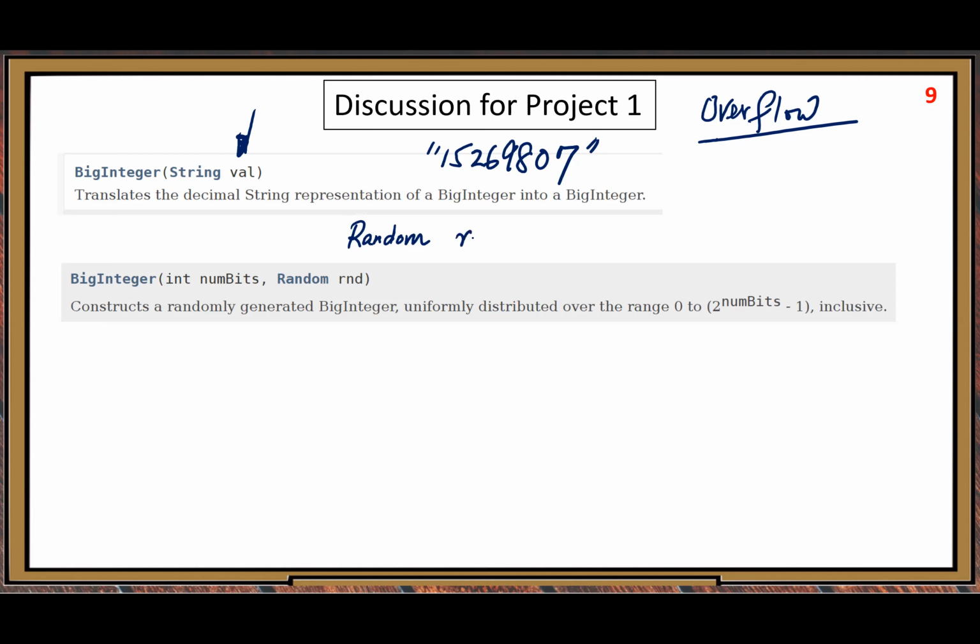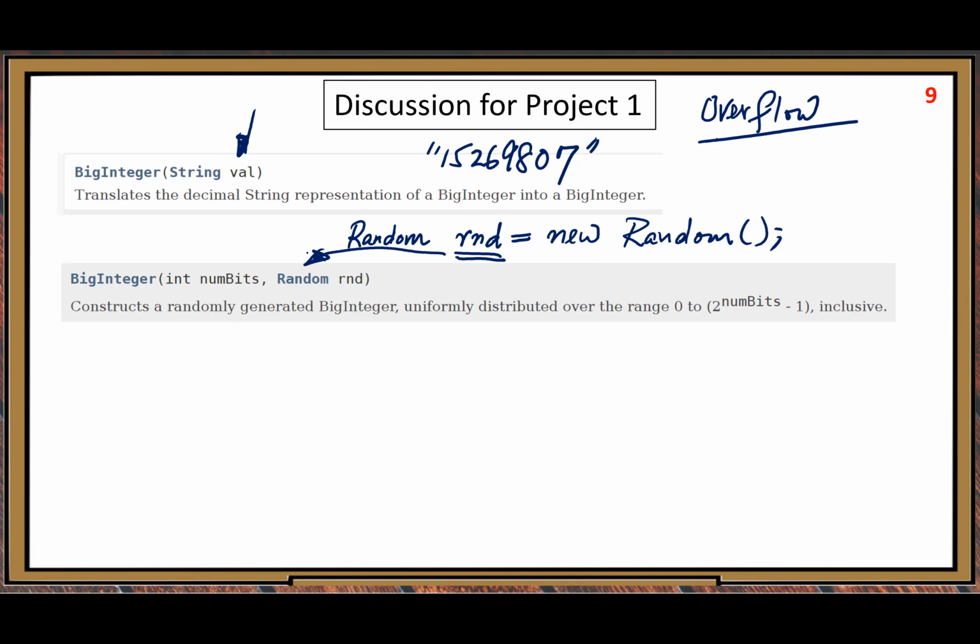Here, let's just use this RND equals, then we call the Java constructor, new Random parenthesis. Okay, so after this line, we have a valid RND random object, so we can pass it to this